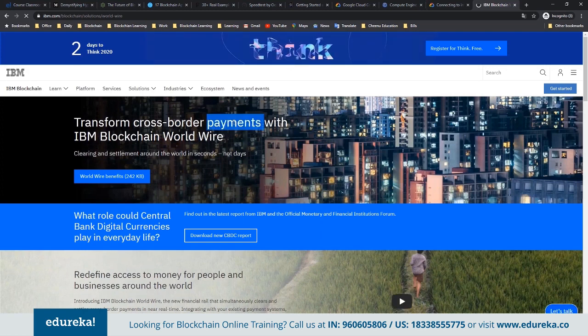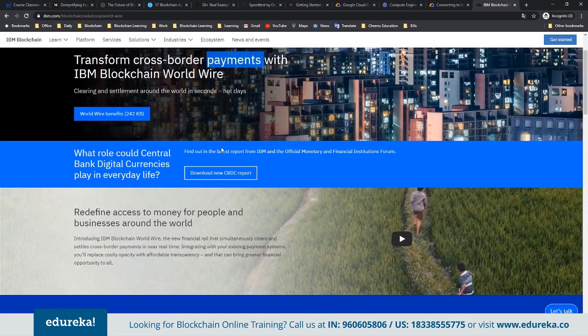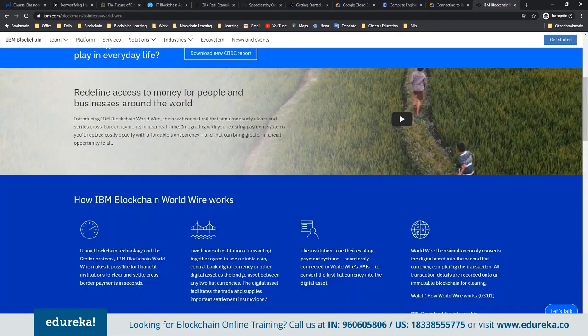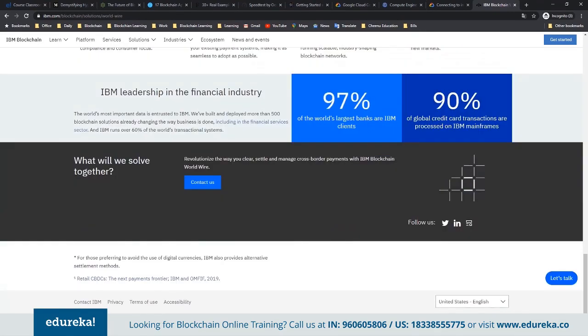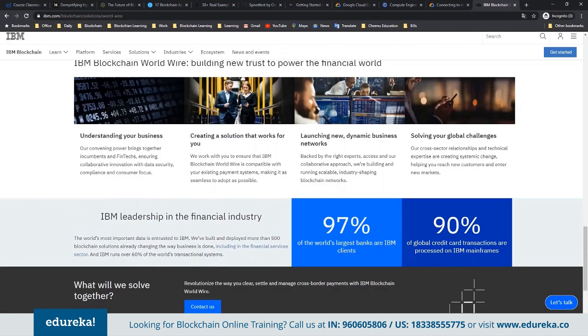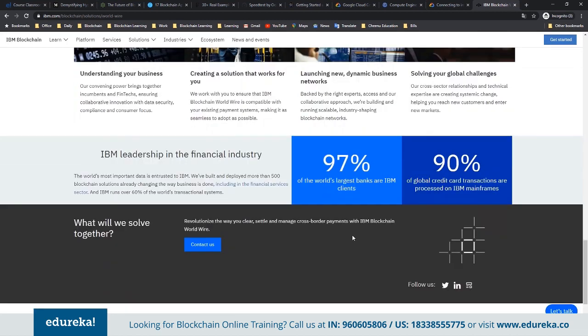Ripple is another blockchain stack for financial applications, and IBM has created this WorldWire solution where you can transfer payments from one country to another within a few seconds, which currently takes days if not weeks. Due to the various regulatory bodies and the various intermediaries, you end up paying 20 to 25% commission. By using this blockchain solution, and most of the banks are currently moving to this solution.